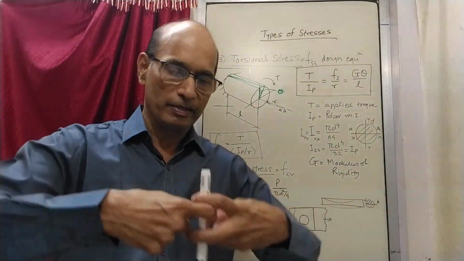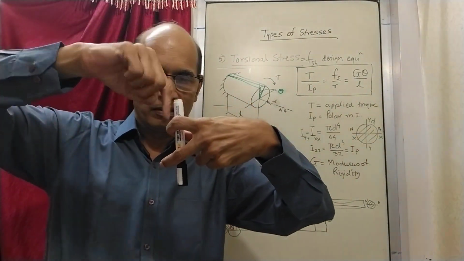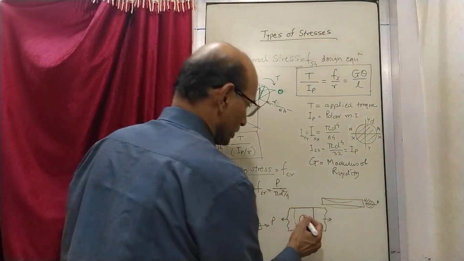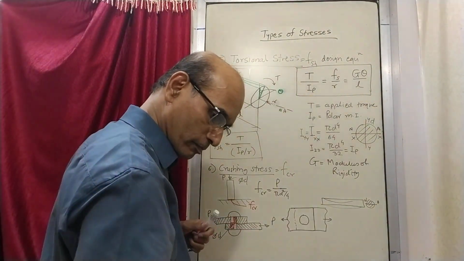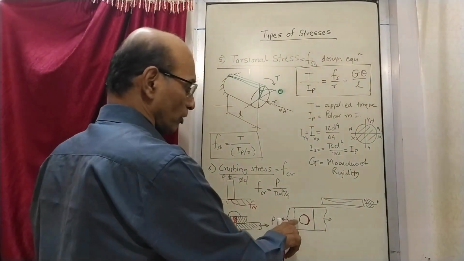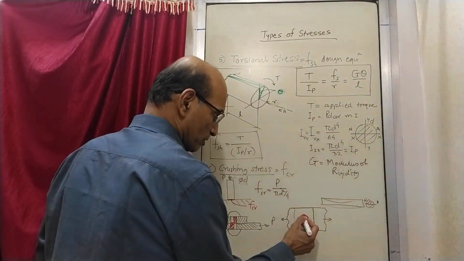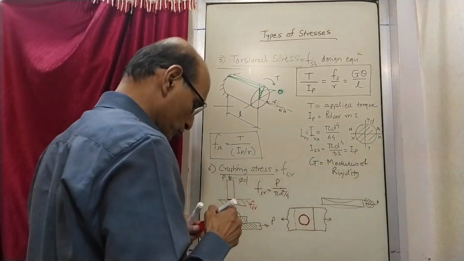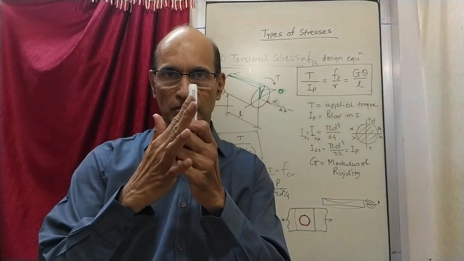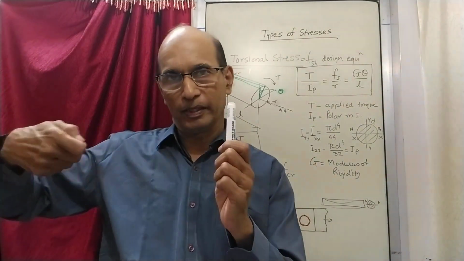So if I hold it this way, then the curved part which is in contact, that is going to be under stress. So if I show it here, from this to this surface is in contact with one plate, and the lower side is in contact with the other plate, this side. So these two surfaces, this half curved surface is in contact with one plate, and this curved surface is in contact with the plate on this side.